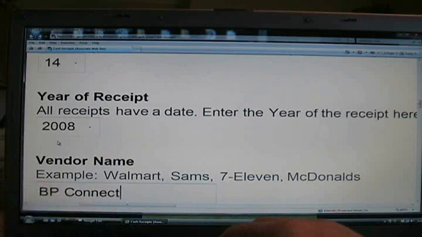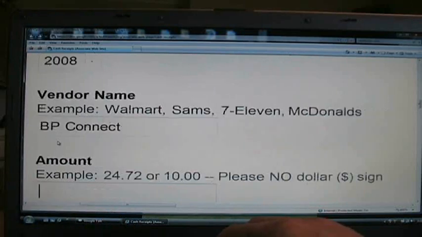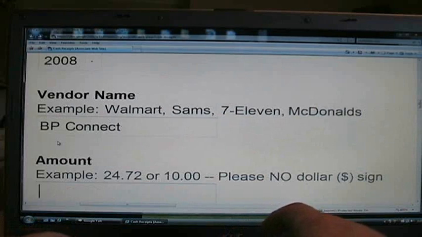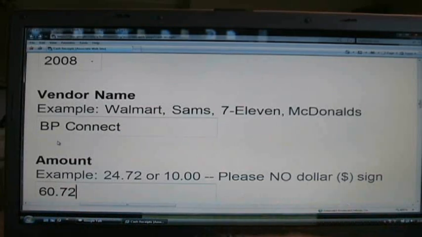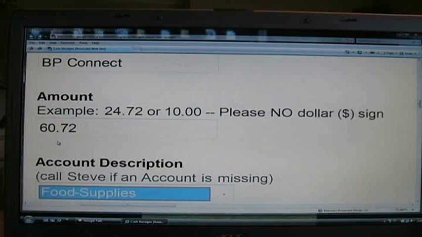Connect and I spent $60.72. Oh, by the way, when you enter the amount, no dollar signs, please. And the account description, it defaults to food-supplies. I went to BP Connect in this example for gas, so I can press the letter G for gas,